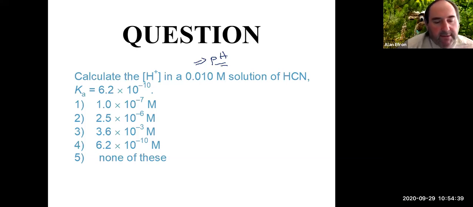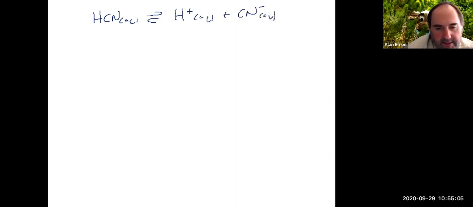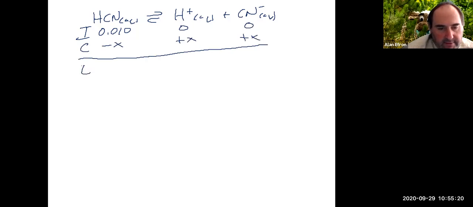Okay, so let's take a look at this one. Again, we know it's a weak acid. We have a Ka value given to us, so we need to do an ICE table here. We have our HCN, which breaks apart into H plus and CN minus, and we are starting with 0.01 molar. So initially, 0.01, 0 and 0. The change is minus x, plus x, plus x,